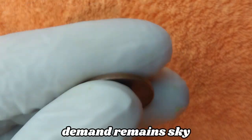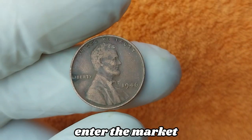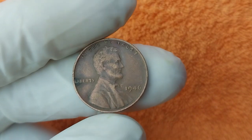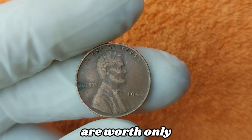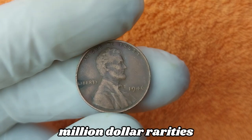Which is why demand remains sky-high and prices continue to climb each year as more collectors enter the market and existing specimens are locked away in private collections, further reducing supply and fueling the bidding frenzy. And even though the majority of 1946 pennies are worth only a few cents above face value, the presence of errors transforms them into million-dollar rarities,